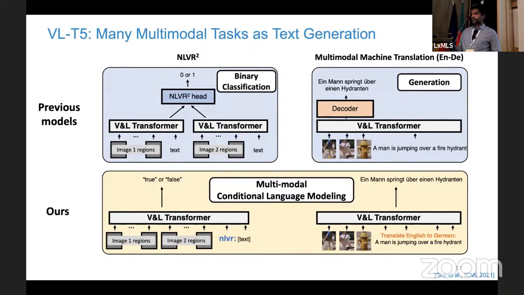So here too, instead of having this specialized architecture with multiple transformers and an NLVR2 head, VLT5 can just handle a sequence of multiple image regions from multiple images. So it can handle multi-image tasks easily, and then have the task name and the text part of the input. And then also things like multimodal machine translation would be similar, where you would basically feed in the vision features, the names of the languages to be able to do zero shot bridge translation too, and then the language input, the text input, and then output the second language.